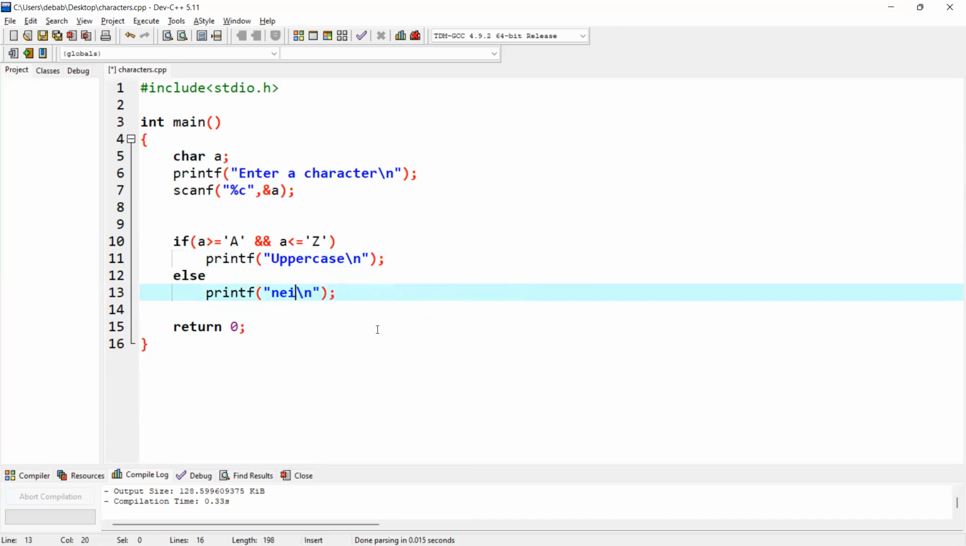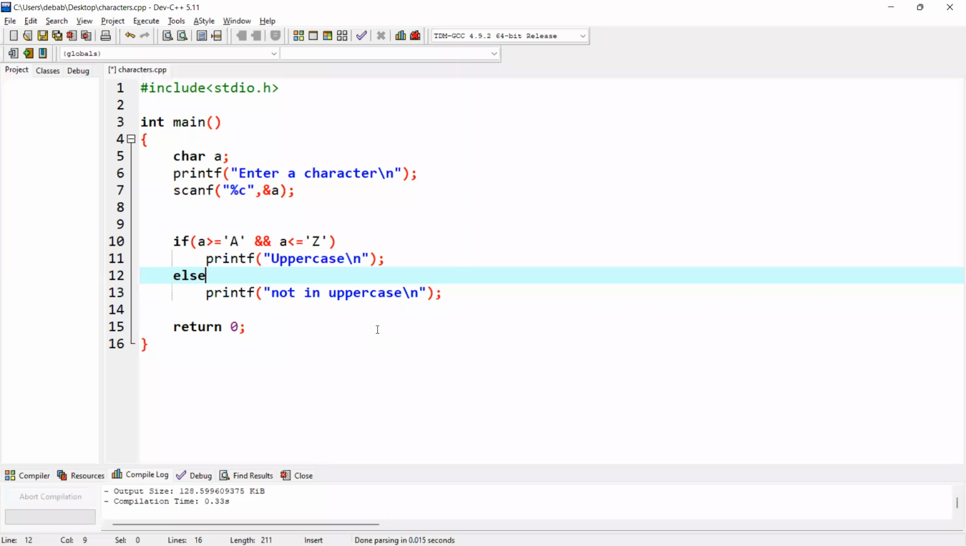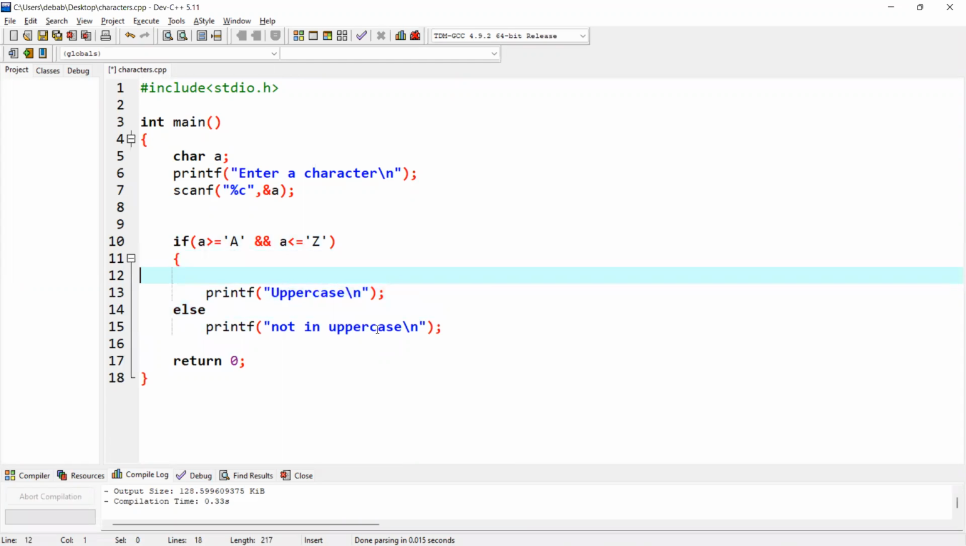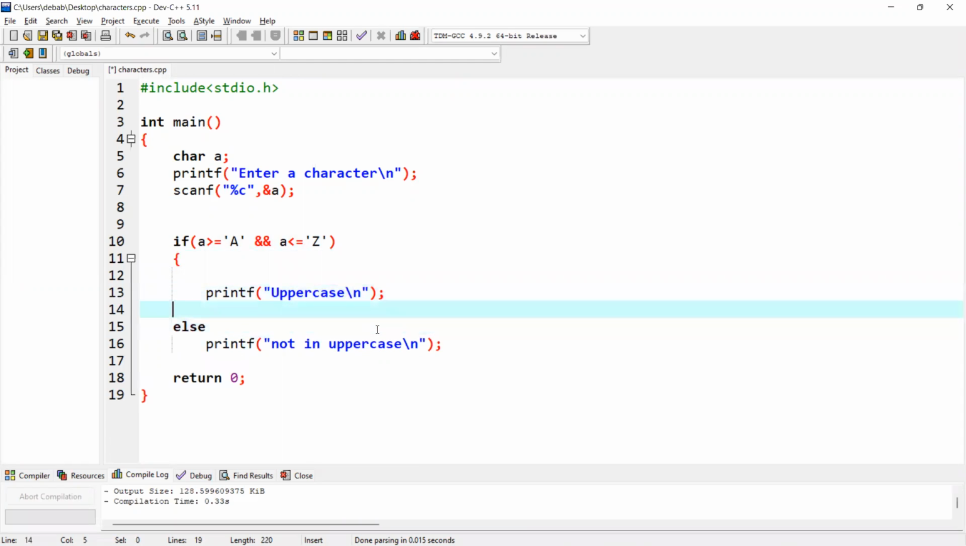I will directly print "not in uppercase." And if it is in uppercase, what I will do, let me introduce a bracket. There will be multiple lines now. So I can write a character, suppose B, and I will do simply